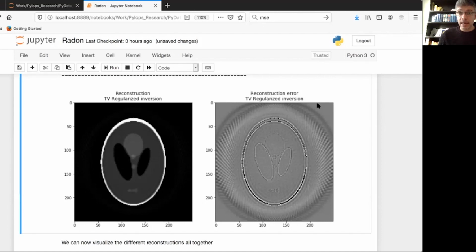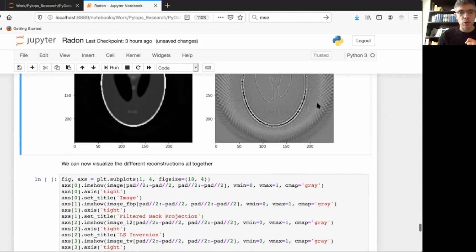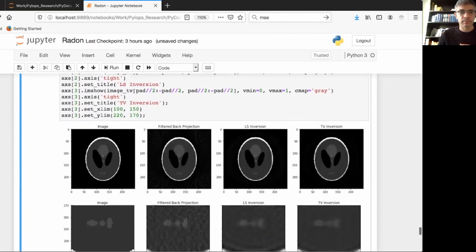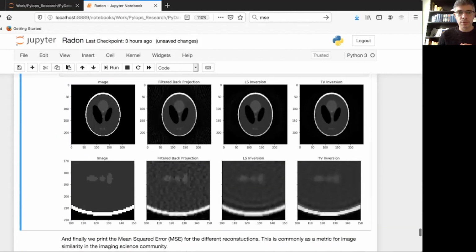Now, we can visualize at last all our reconstructions together. So for that, we have our very last box. Here we have all of our results, starting with the original image on the left-hand side and a little zoom of it underneath on the second column. Then we see the filtered back projection from scikit-image. And then from the PyLops operators that we created, we see the result of the least squares inversion and of